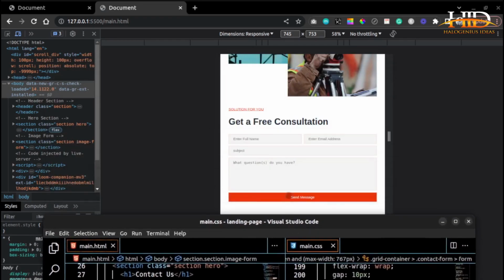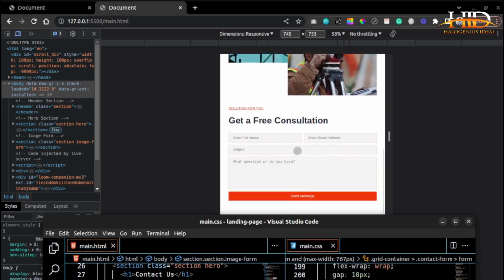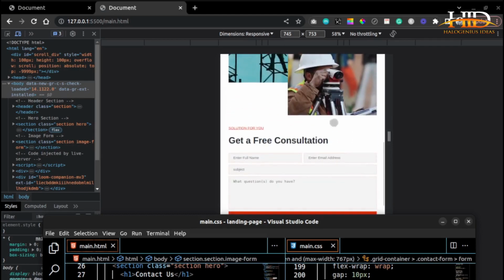So you can see the form now. You can see the form 100%. So it is looking way better now. Okay, if I should shrink this further,